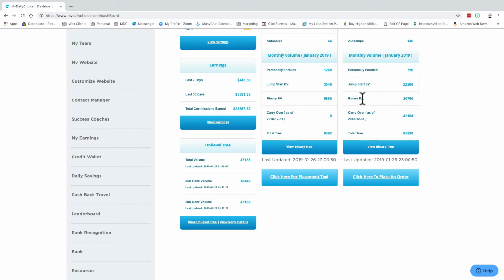But look, on the 10K side, I would probably qualify as a 10K here because I've got 5K on this side. I couldn't use the 660, but I've got 20,000 over here, so I could use that. But now if you look at 25K, I can only use 12,500 here. So that would be 12,500 plus this other 5,000, which would only give me 17,500. So I wouldn't even be at 25K at this point if it was based on the binary.